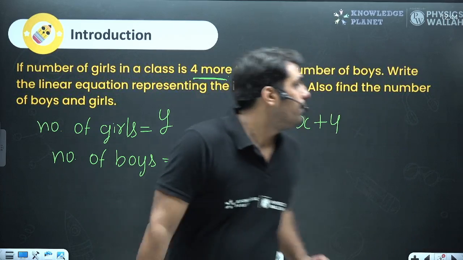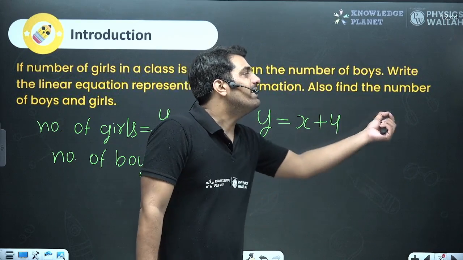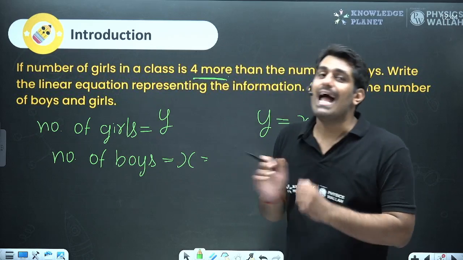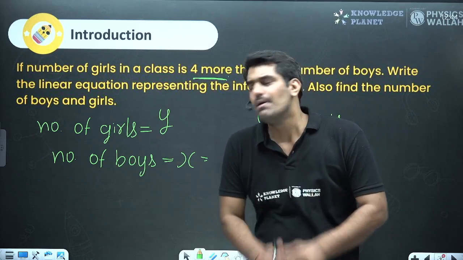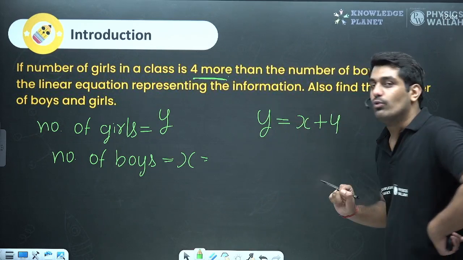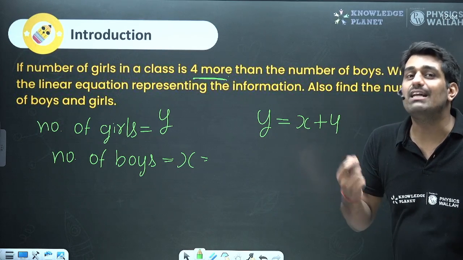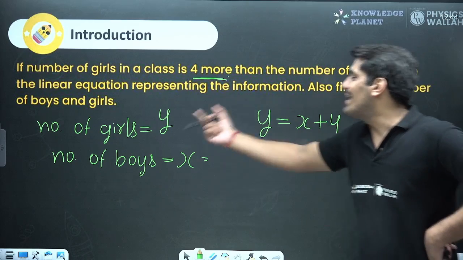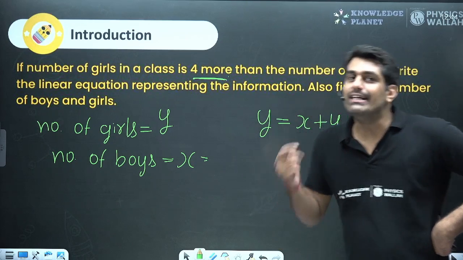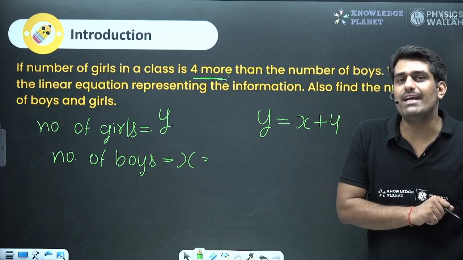What does it say? It says also find the number of boys and girls. Now, y equals x plus 4. That part is fine. But how would I get to know the value of x and y? Because the number of girls and boys would be y and x. And for that, we need to have some other information. Why am I saying so? Because